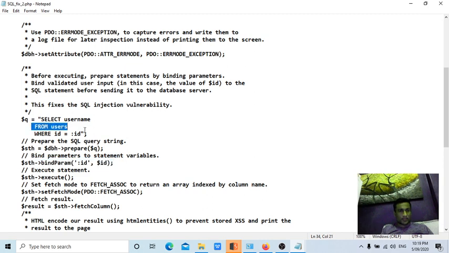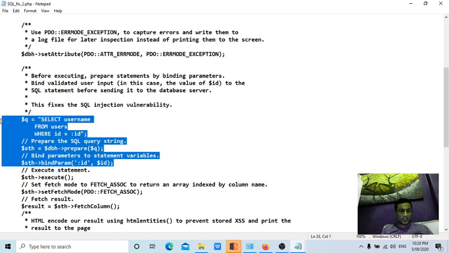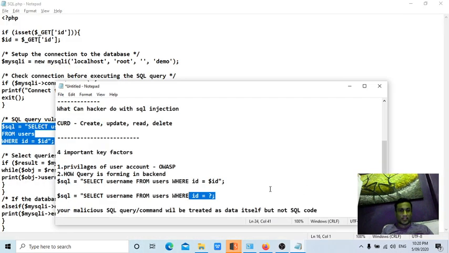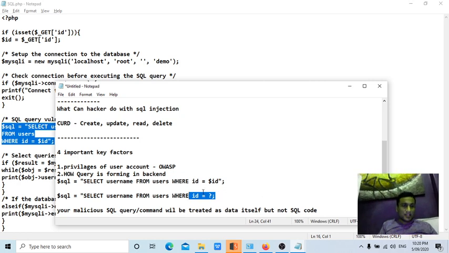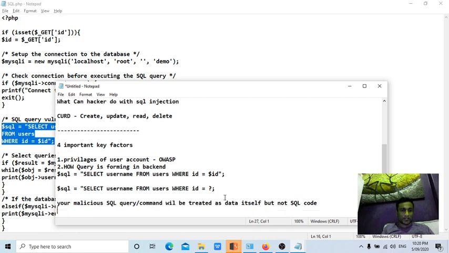This is one of the approaches, like colon ID, and then colon ID can be used, and question mark is also used for this, like stored procedure approaches and prepared statements with bind parameters. So whenever you see bind parameters in the backend, that means your application is protected against SQL injection. Even if you enter all those SQL queries, the SQL injection may not work.